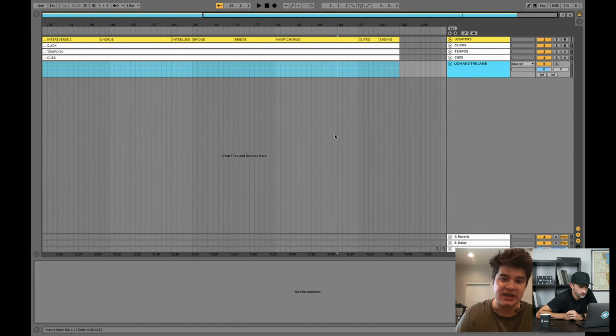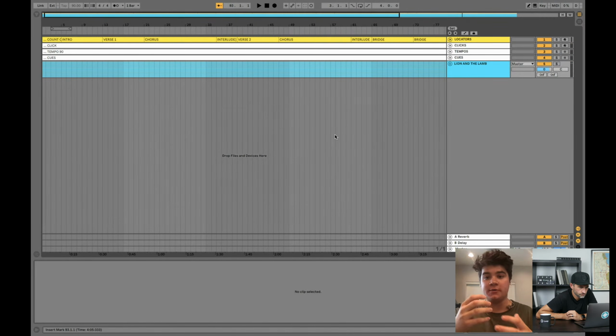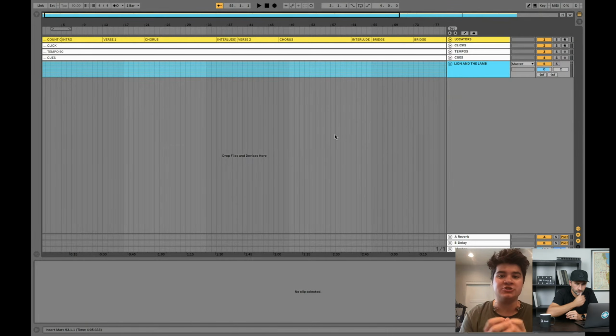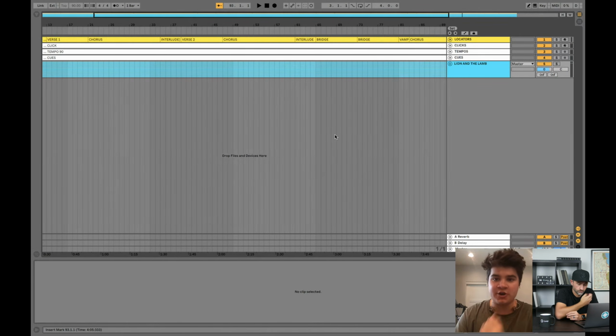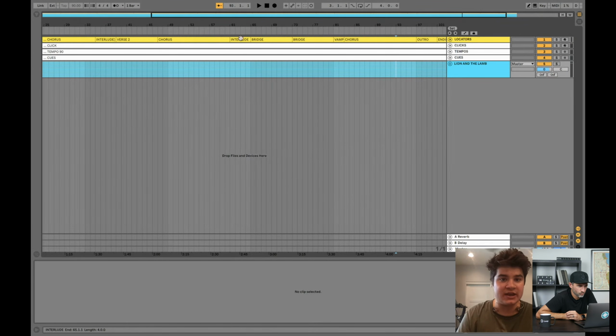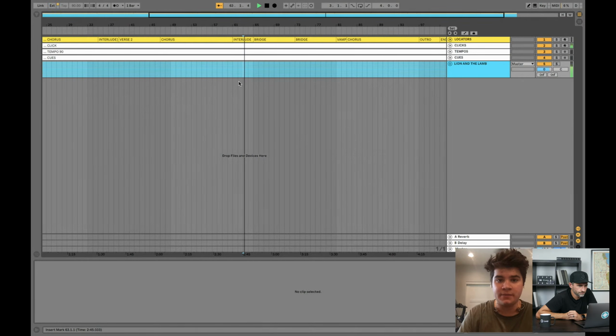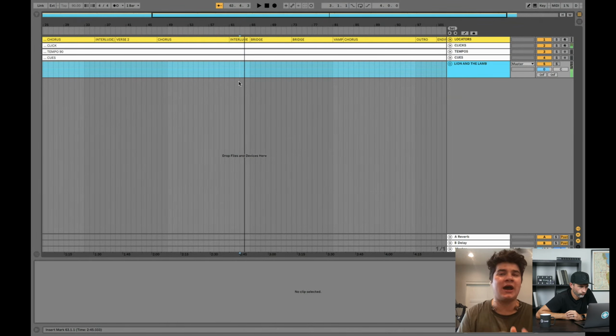Another huge thing is if you're ever in a moment where you want to move something around, a huge benefit of using tracks in this way is you can be super, super flexible. Say you're there on a weekend and you're sitting in this moment right before the bridge and you're going, I really want to quadruple that. I want to give that a little bit more space. You can, and it's super, super easy.